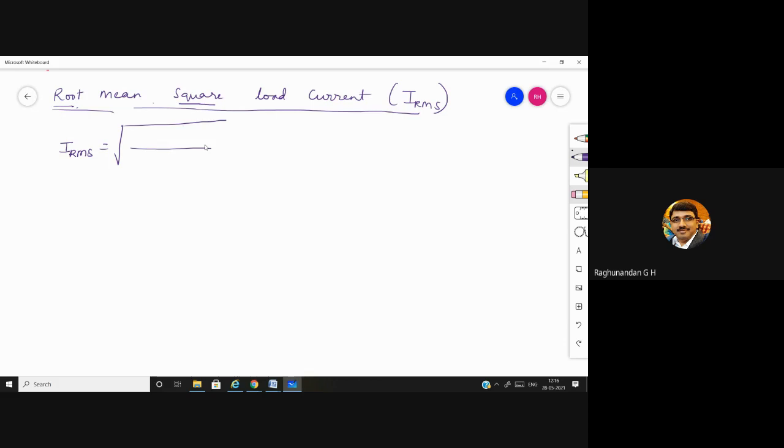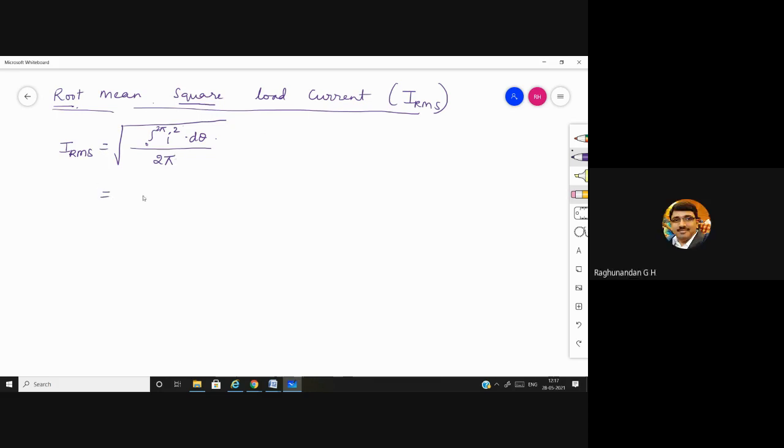So how are you going to give that? In the last class we discussed the area under the curve over the full cycle, current, 0 to 2 pi I d theta. There we took Im sin theta. Here we'll take Im square sin square theta. So let us first write I square into d theta. And what is the total time period? It is 2 pi, because we are taking one full cycle.